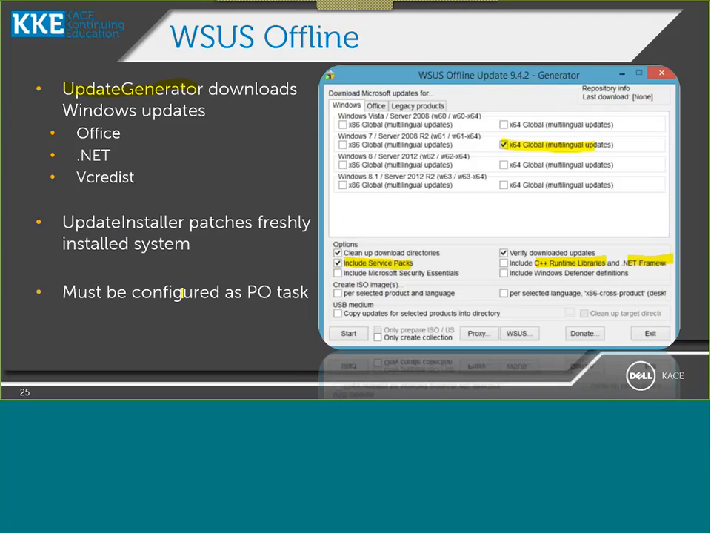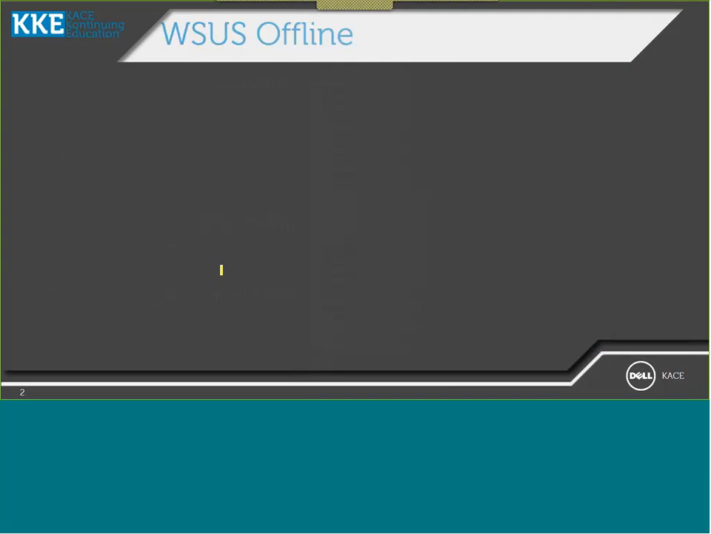Now, there's also a second portion of the tool called Update Installer that allows you to install those updates on the system, which then must be configured into a post-installation task. So WSS Offline is not a tool to slipstream updates into media. It's basically bundling the updates, and it's installing the updates after the actual deployment. So we need a post-installation task to run that tool. So what we do there is